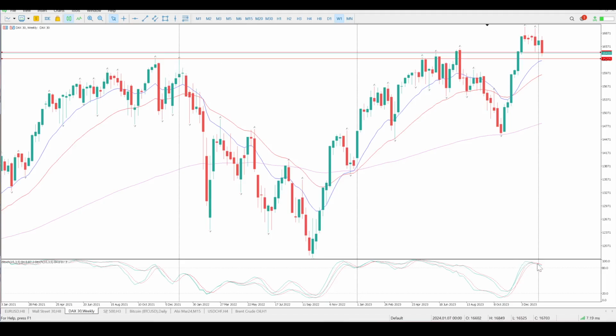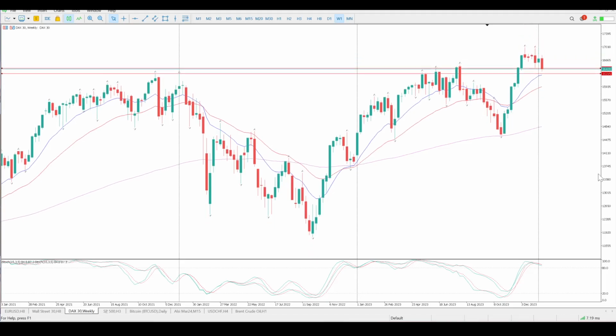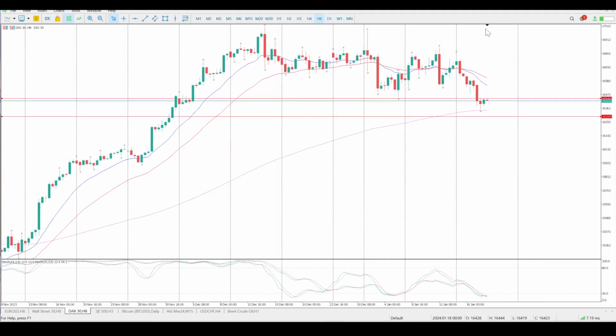Oscillators are all over the place at the moment. Haven't crossed over the 80, so we're extremely overbought. But this weekly is just starting to look like a bit of a flag the longer it carries on like this. Now, when we drill down to the 8 hour,